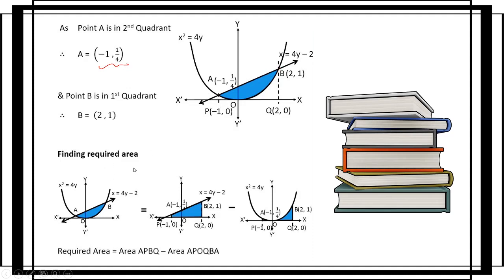Now we are finding the required area. See, how will we get the required area? If we apply the function as the straight line, we are going to get this entire area. But then we have to subtract this area as well, right, to get the required region. How would we get this area? Definitely we have to find this entire area which is shaded here in this image, and then we have to subtract this much area, right? So first of all we have to take the function as the straight line minus the function as the parabola, right?